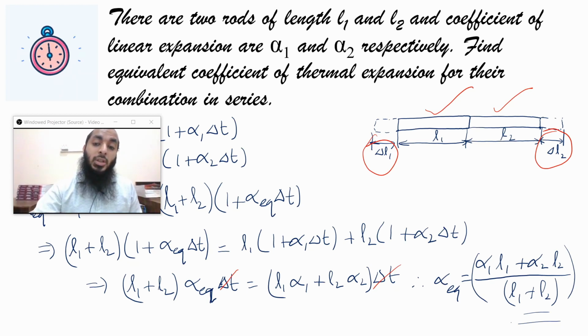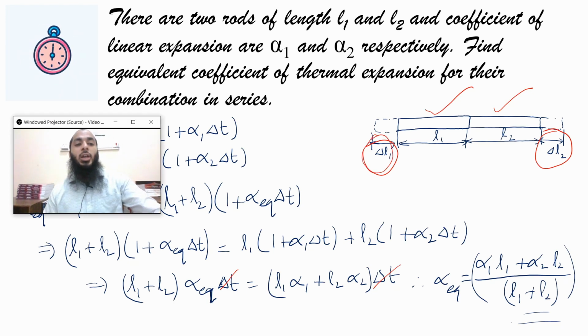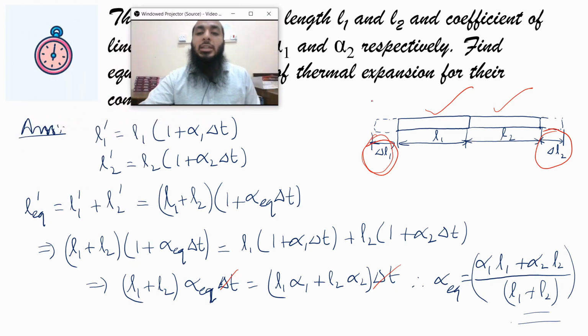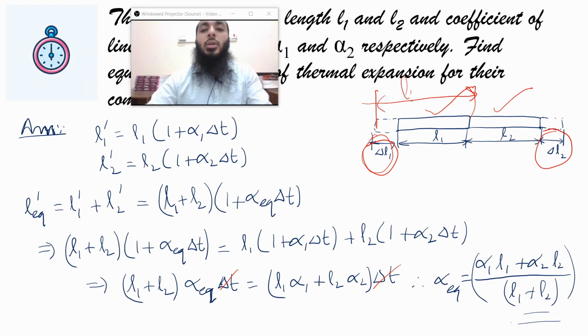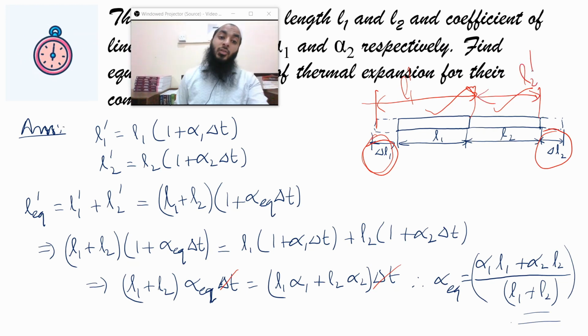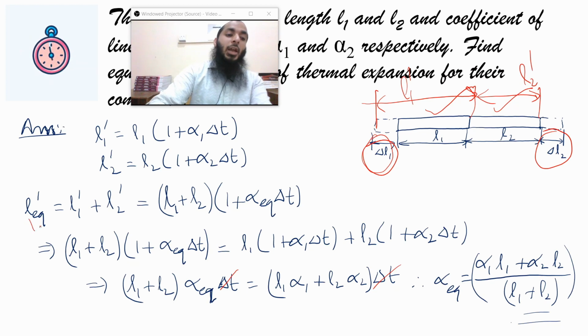Total change in length will be the sum of these two, delta L1 plus delta L2. Or we can say the total length has become L1 dash, and this has become L2 dash. So what is the total final length? It will be L equivalent dash is equal to L1 dash plus L2 dash, and we know that L1 dash